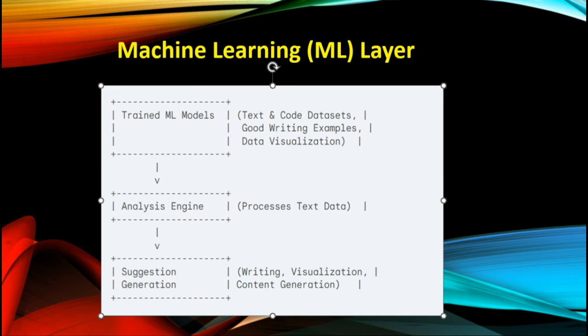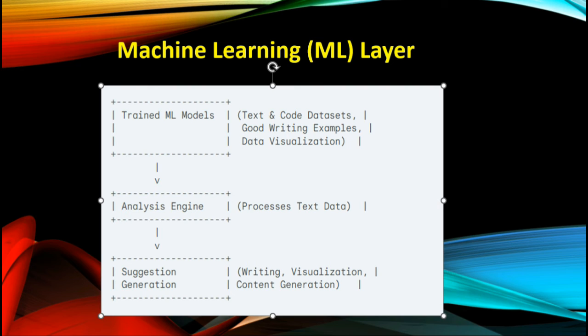Machine learning, ML, layer. This layer leverages pre-trained machine learning models to analyze the processed text data and generate suggestions. These models might have been trained on large datasets of text and code, examples of good writing, data visualizations, and communication styles within the context of Office 365 applications. Based on the analysis, the ML layer generates suggestions for improved writing, synonyms, sentence rephrasing, grammar checks, data visualization recommendations, charts, graphs, content generation,